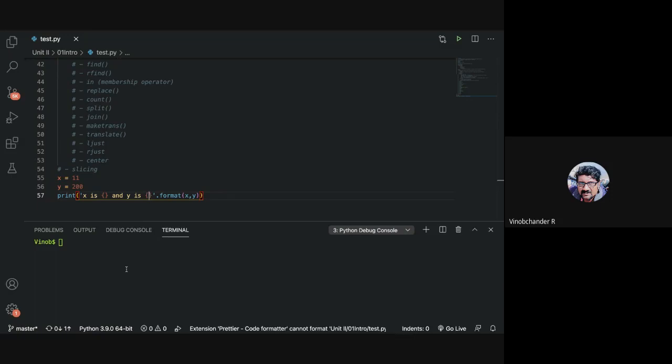This is format, right? Both are kind of okay. It is a good practice only. But I generally recommend making use of F strings rather than the format method, because F strings are much more readable, shorter and concise than the format method. But again, it's your personal choice. Either make use of format or F string.